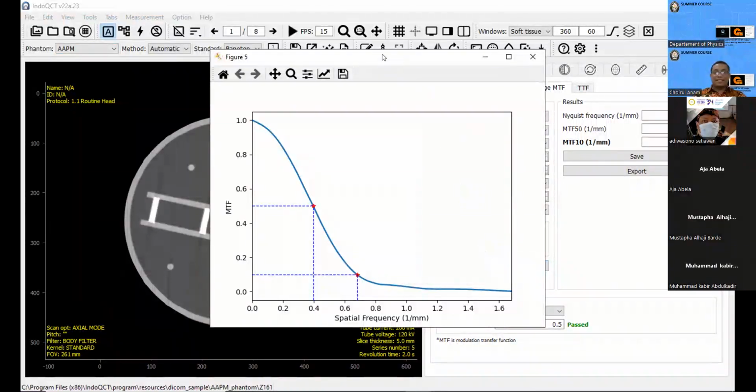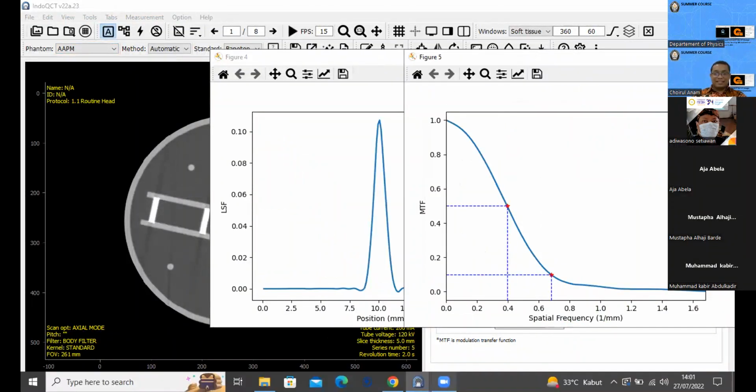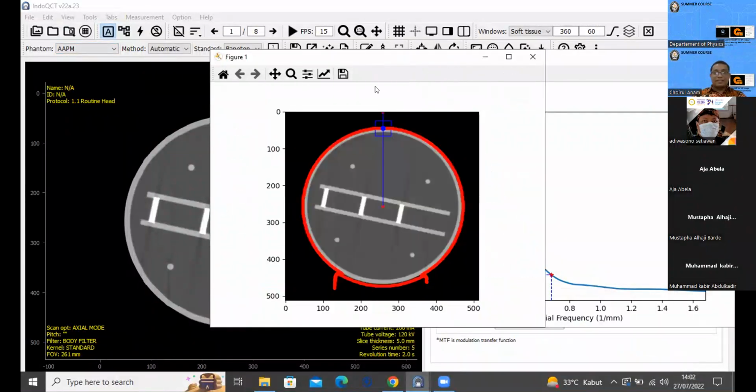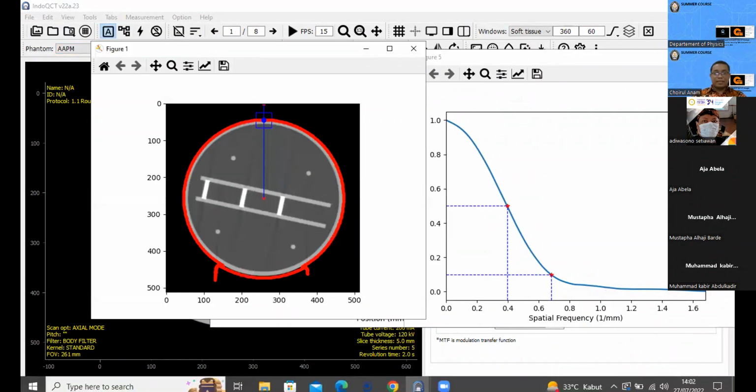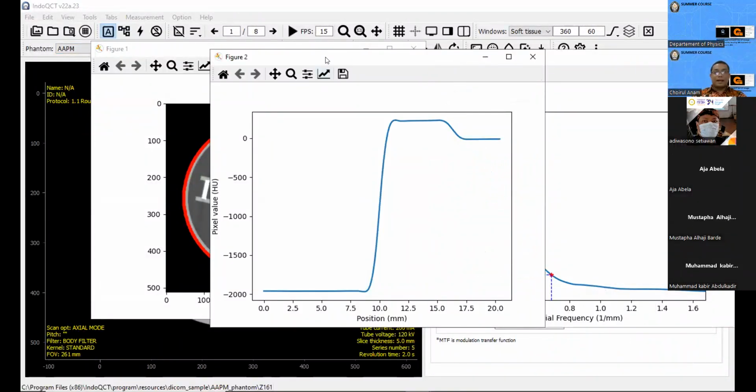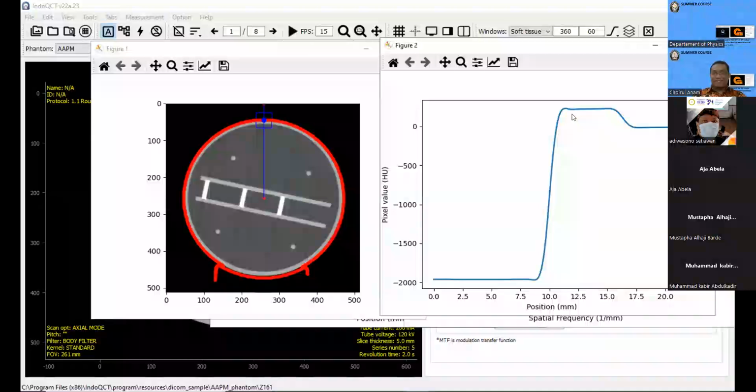This is our result. This is our segmentation, and this is our ESF. This is the non-homogeneity, because this is wall and water inside the phantom.